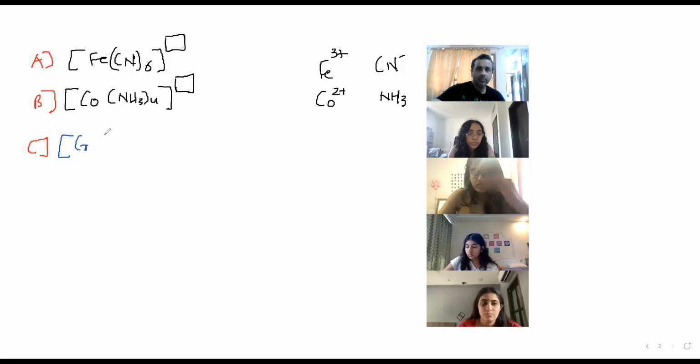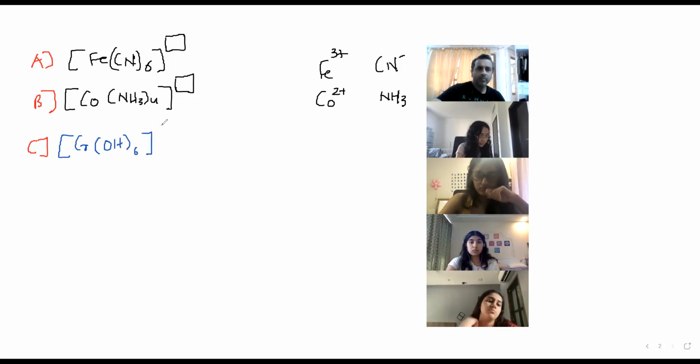So can you also give us some questions where you have the charge on the complementary ion? Let's say this is the cation, so you have the anion written next to the entire complex ion with the charge. When we are writing the complex ions, do we have to include the complementary ion? No, because that's not a complex ion, that's a normal ion.